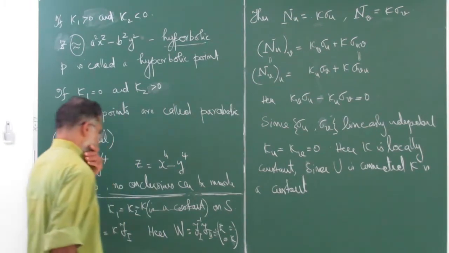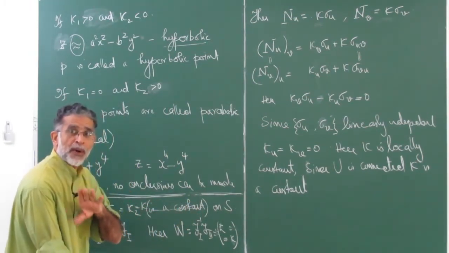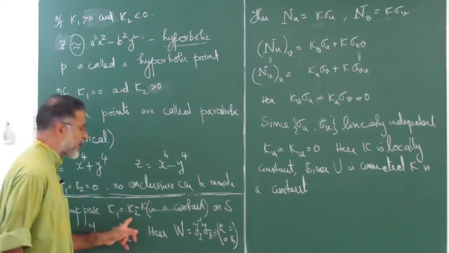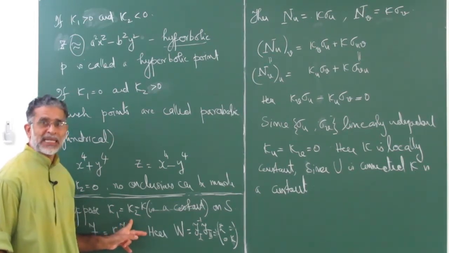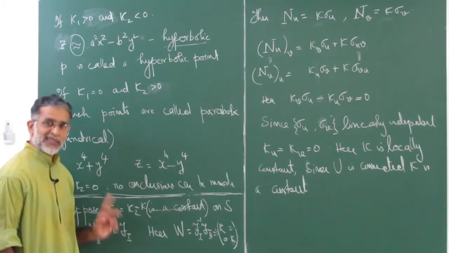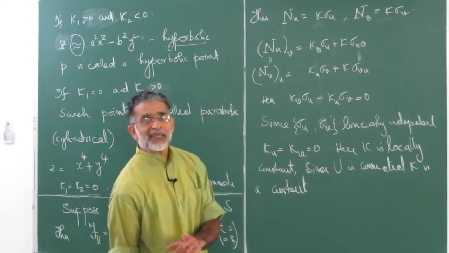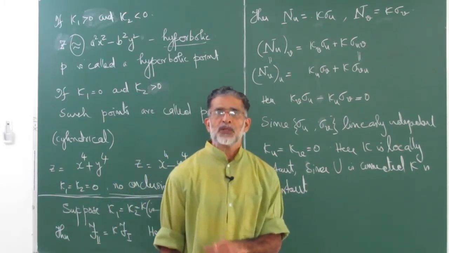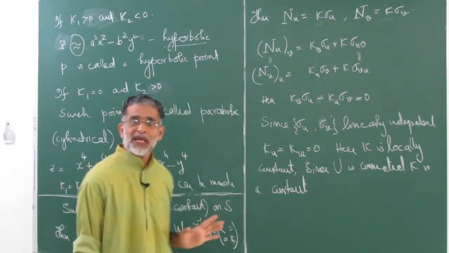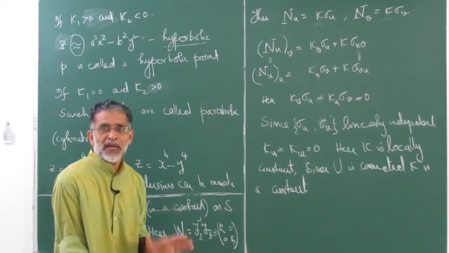So if kappa 1 equals kappa 2 everywhere, we are not saying kappa 1 equals kappa 2 is the same value everywhere. We only said that at every point on the surface both the principal curvatures are identical. Now we prove that kappa 1 equals kappa 2 is the same at every point. The two things are different. Our assumption only says kappa 1 equals kappa 2 at every point.